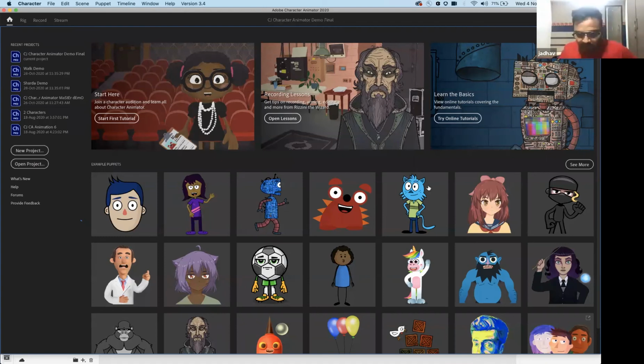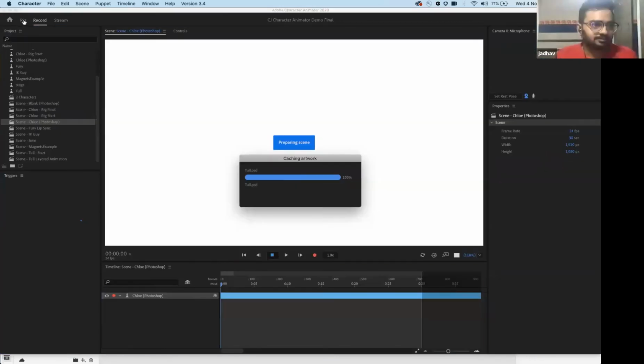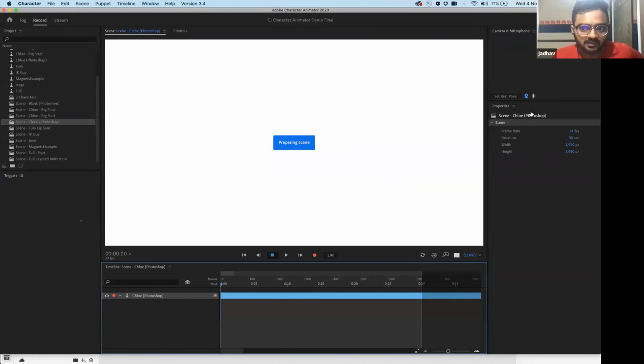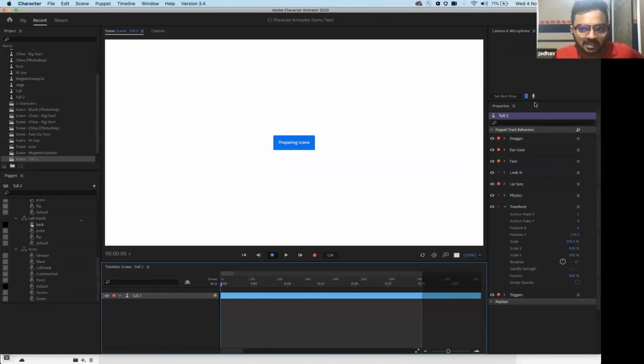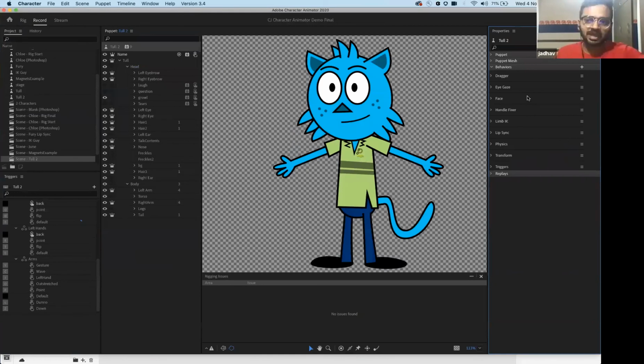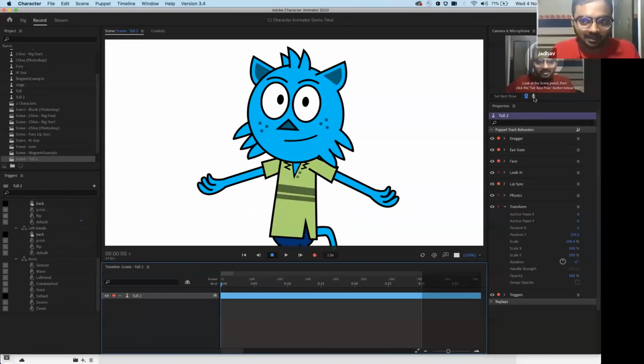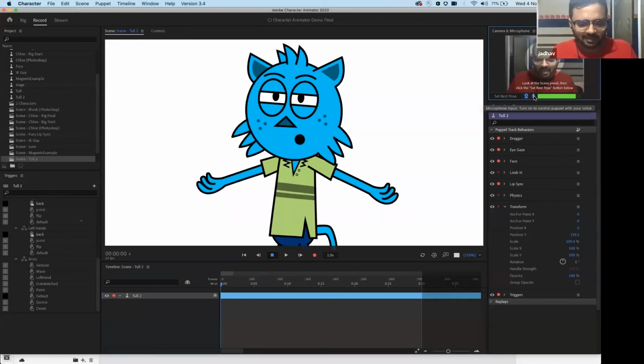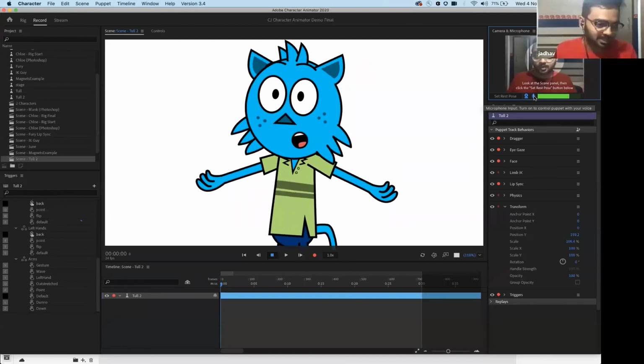Let's take an example. So this is one of the characters called Tull. These are some ready characters you can just install and readily use. So click on the character Tull, and the character is getting into my scene. This is the rig of the character, how the character looks. But if you click on record, you see that I am placing myself onto the camera. I also enable my mic, and you see that the way I blink, he's also blinking. The way I move, he's also moving, right? So this way I can make all of these expressions.